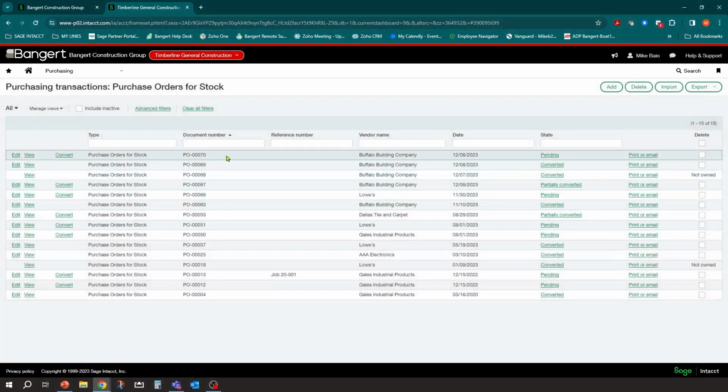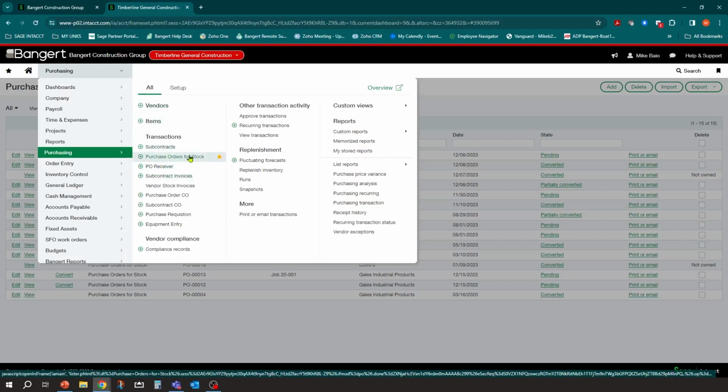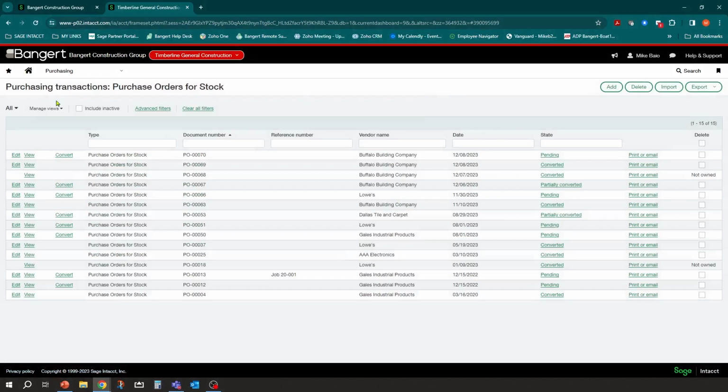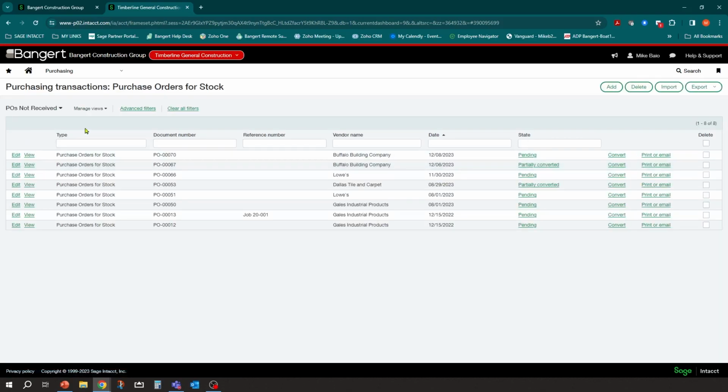So that PO is in the system. And so now the next phase in that workflow might be, when the inventory comes in via delivery, you might have a particular warehouse manager, someone who's responsible for receiving that PO. They can have their own dashboard. They can come in to the purchase order section here and receive it right from the purchase order section. What usually happens is what I just showed you prior: you might have a view created called POs not received, and that receiver will probably go into that view by default.